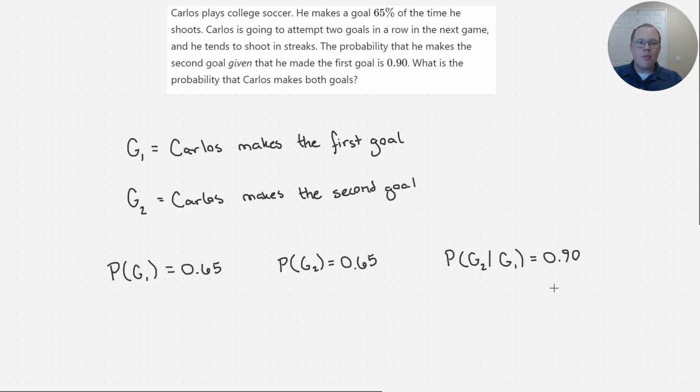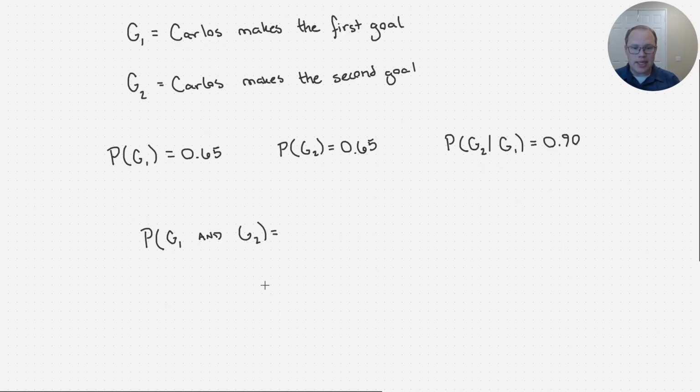Okay? Now what we want to know is what is the probability that Carlos makes both goals. So in mathematical notation, that means we want to know the probability that Carlos makes the first goal and the second goal, both goals. Okay? So what we're going to do is we're going to use the multiplication rule. The multiplication rule, there's a couple of them that we could use here. We could either say